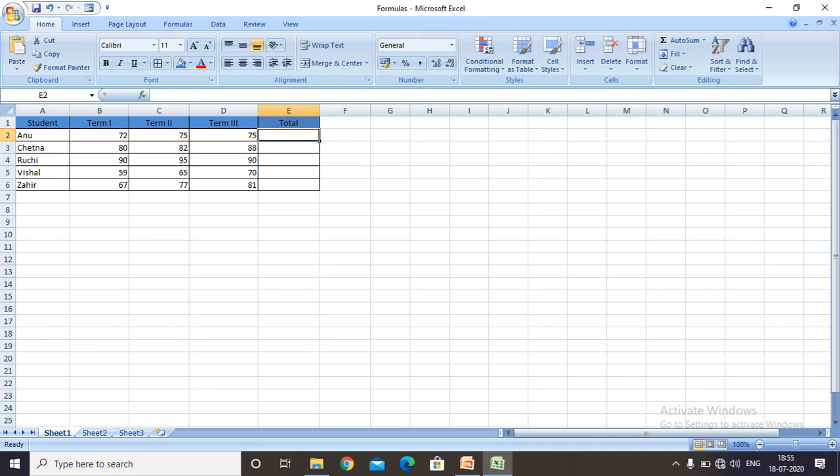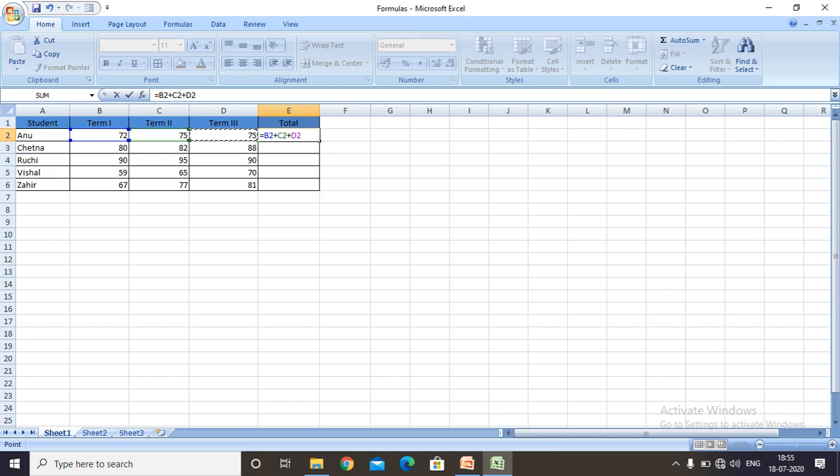Type the equal to sign here and enter the cell reference. What is the cell reference here? The cell reference is B2. So we have B2 plus C2 plus D2.